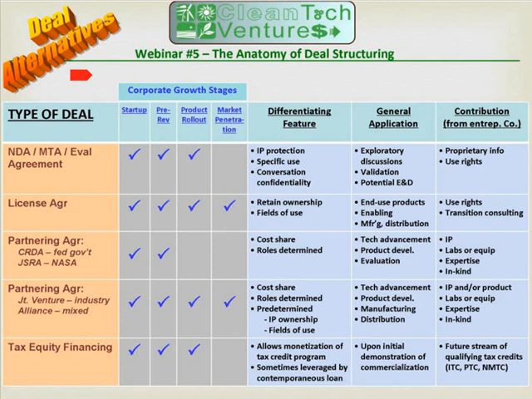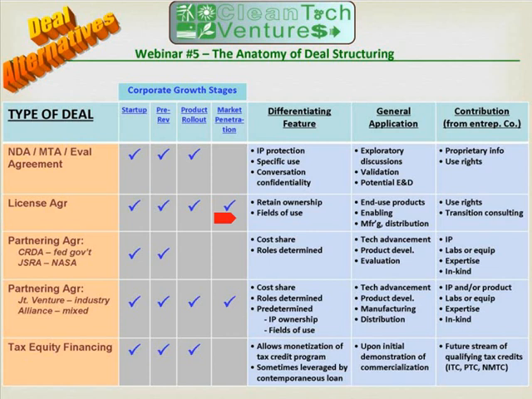Thank you, Bernie. I will be talking about a license agreement as one type of transaction, and as Bernie indicated, a license agreement can work through all the different stages of a product life cycle or through even the life cycles of a business. And so as it progresses through the different stages, licensing is always an option that can be considered in addition to or as an alternative to other types of deals that may be done.